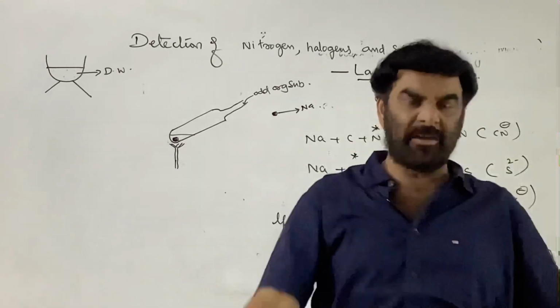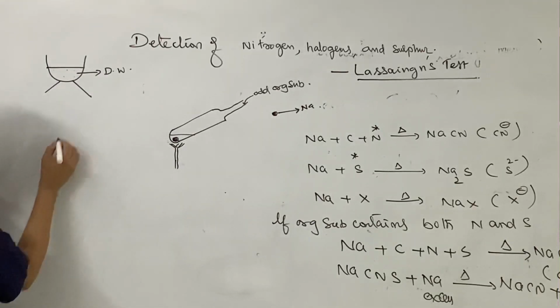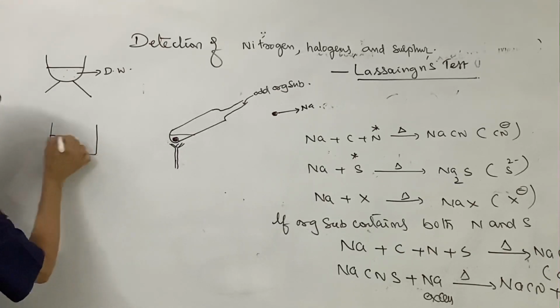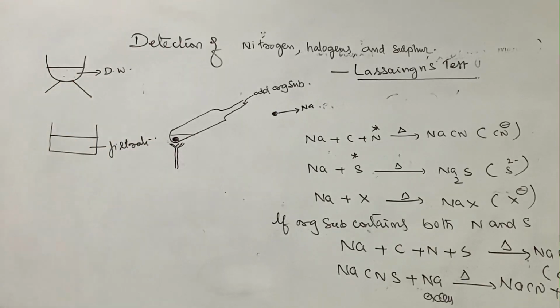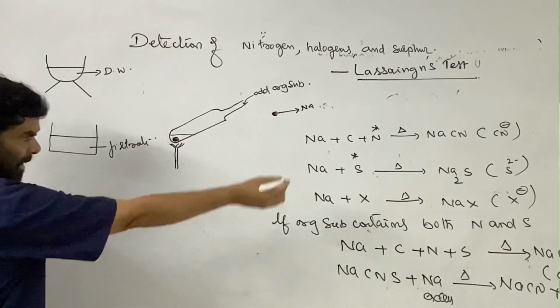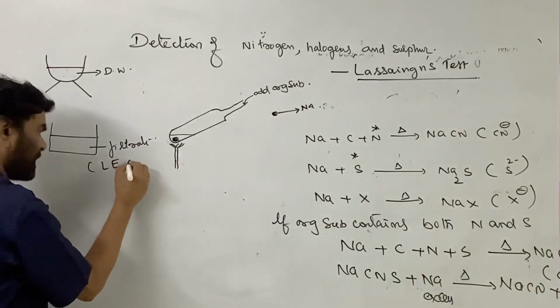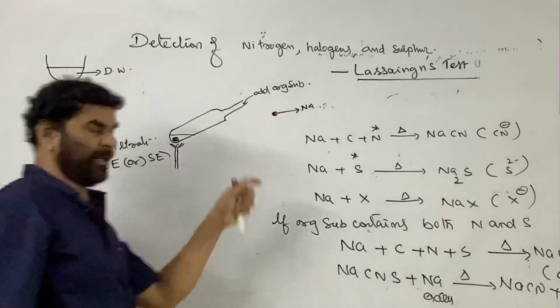The glass pieces and charred materials, the black pieces, are left on the filter paper, and the solution coming out of the filter paper is the filtrate. After filtration, the liquid part that you get contains those salts. This filtrate is called Lassaigne's extract or sodium extract. This is used for the detection.